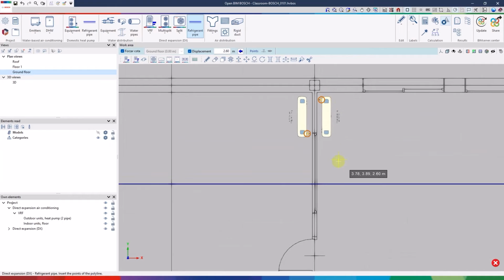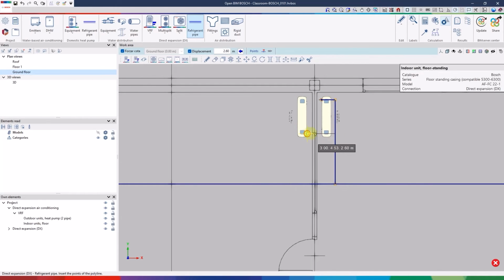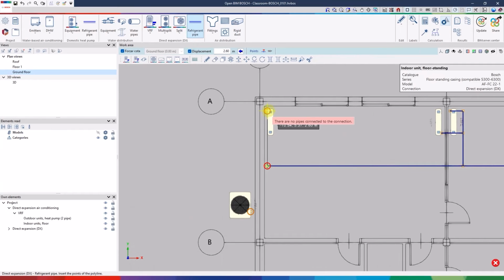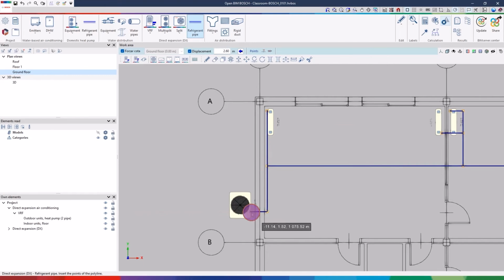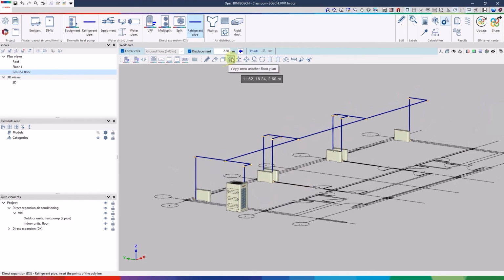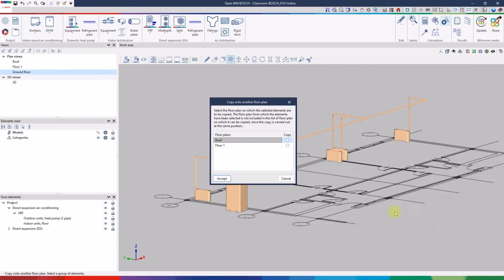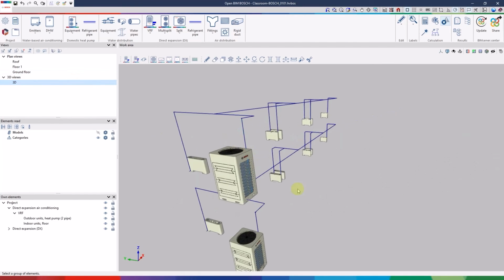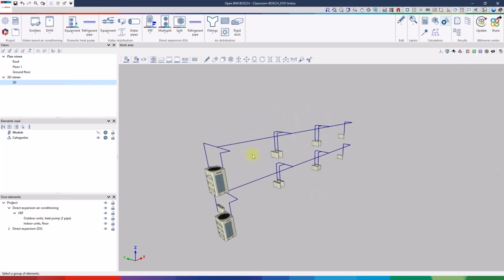Due to technical limitations, we should not enter sections with branches shorter than 0.5 meters. The application will automatically create the vertical connections. The 3D mode allows us to verify that the layout is correct. The Copy onto another floor plan tool makes it easy to replicate the system on the top floor. The 3D view makes it easier to review the entire system. It is therefore advisable to deactivate the visibility of the templates.